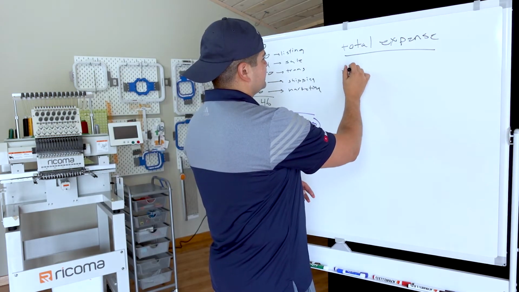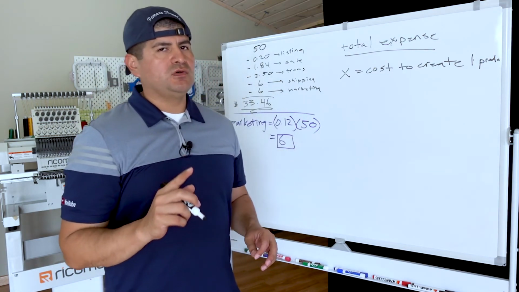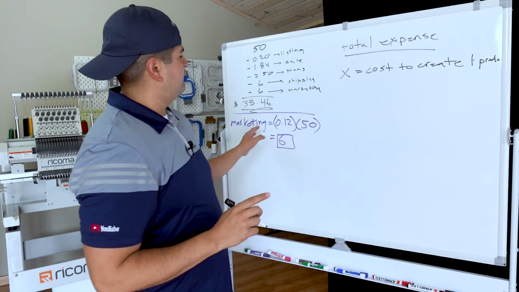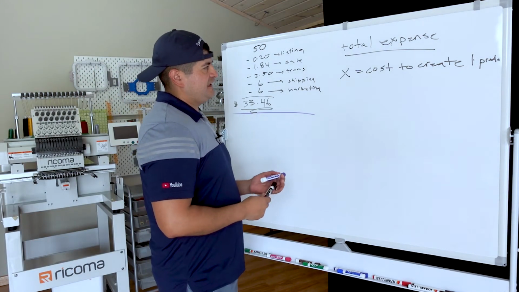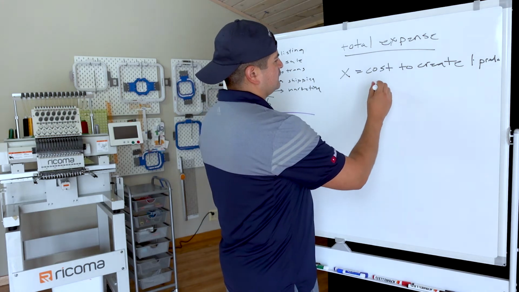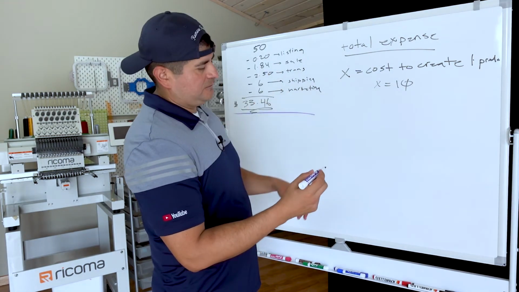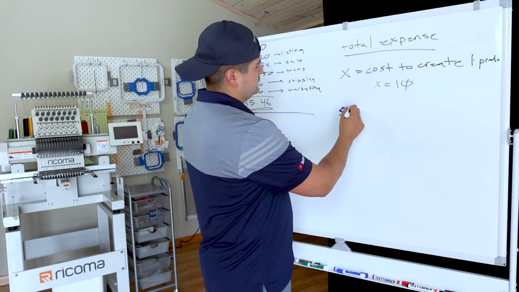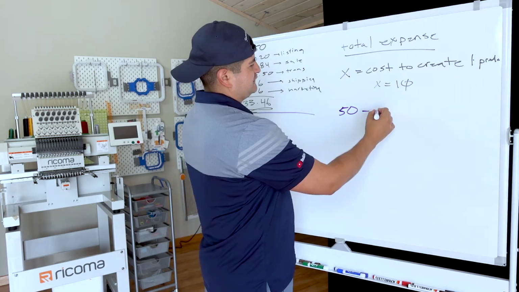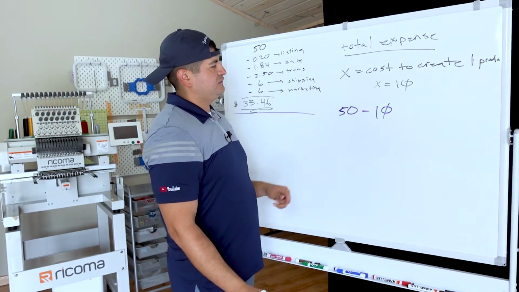So we're going to call this X. X is the cost to create one product. All right, so now that we have this information here, we're going to say X equals 10. So it costs us $10 to create whatever we're selling. So now we're going to say if we charge 50 bucks minus 10 here, okay, so it costs us $10 to create this product,